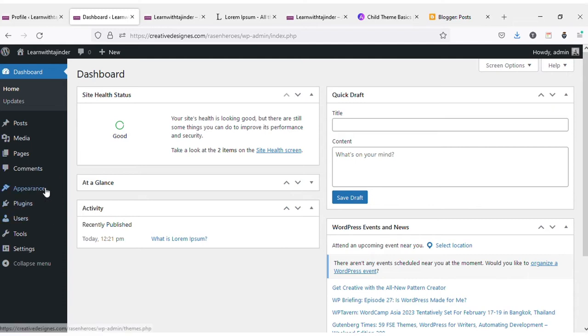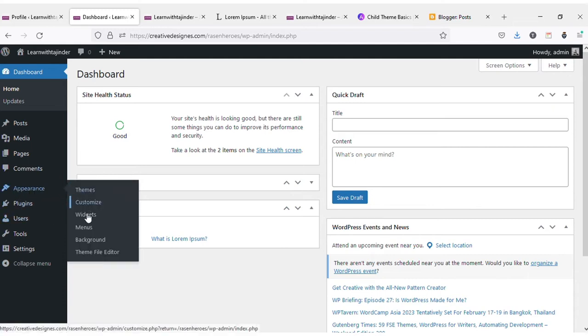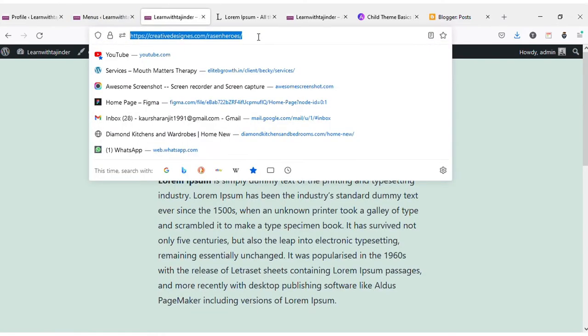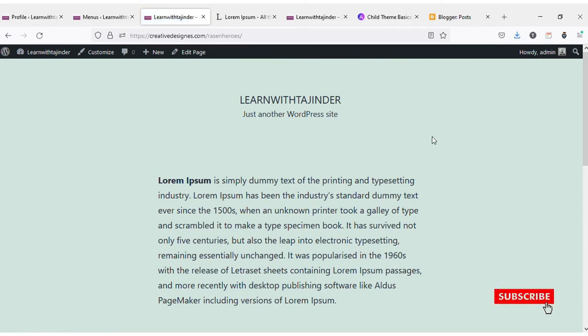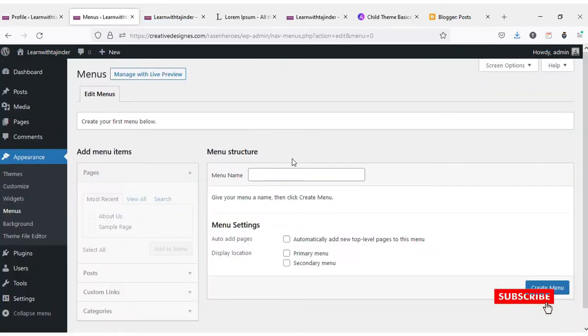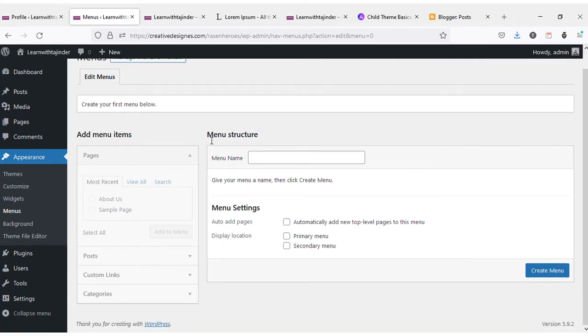So, today we will discuss how to create a menu bar. You can see here the menu, and there is no menu bar yet. So now we are creating a new menu bar. First, you need to go to Appearance and then Menus. When you click, this page will open, and now you need to add a menu name, like main menu. We can use top menu, main menu, etc., as you want. So just click here, create new,